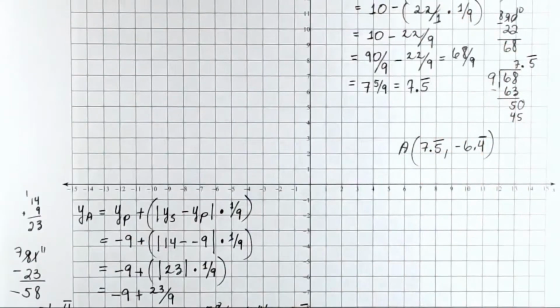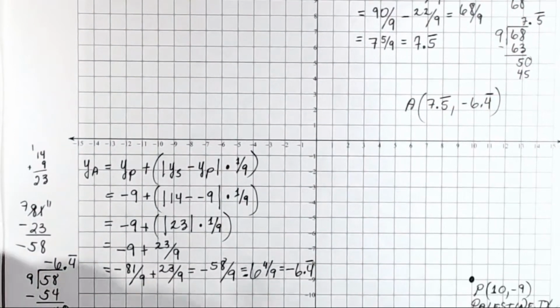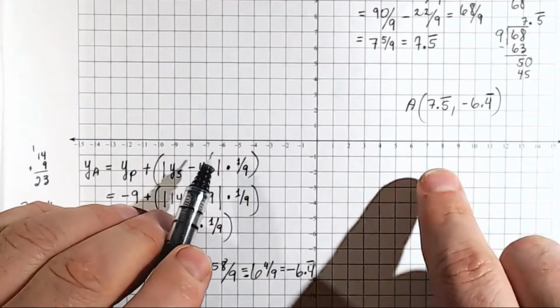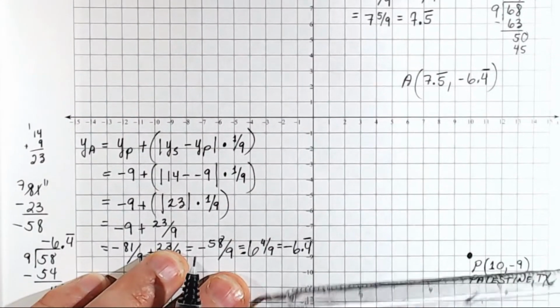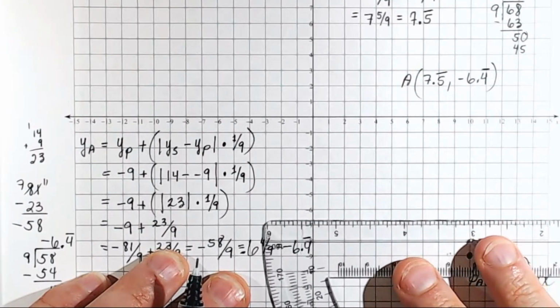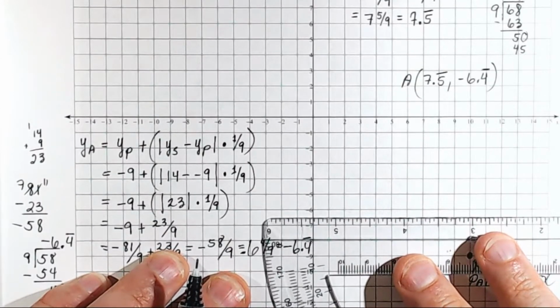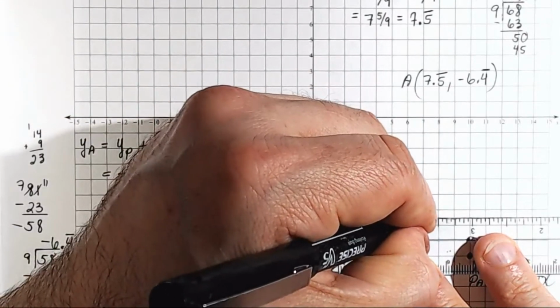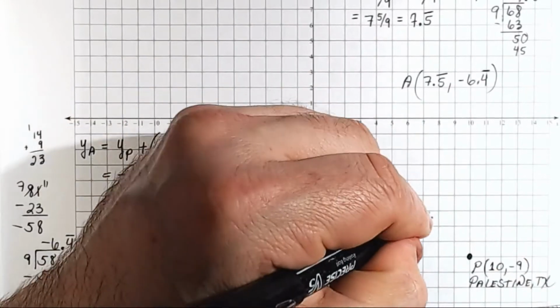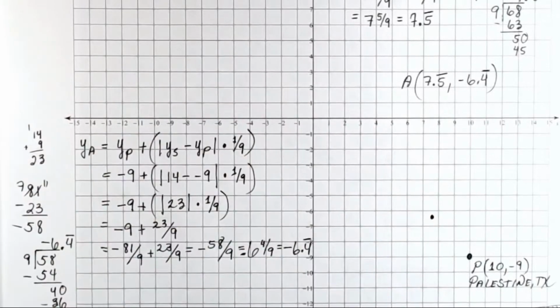All right, so let's locate that. 7.5 is about right here. And I need to go down to -6.4, which is about right here. And so I think my point should lie somewhere about right there. Okay, that's where I think the point should be. And let's hope that it is. Let's take our orange marker